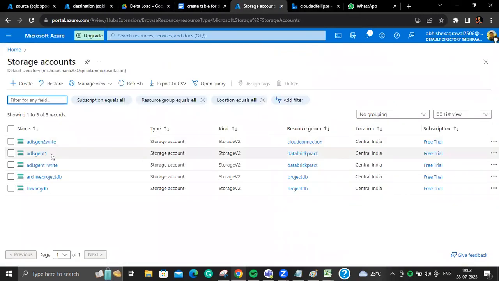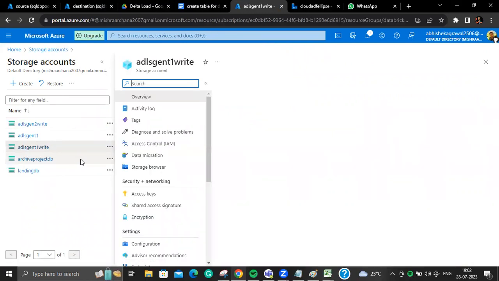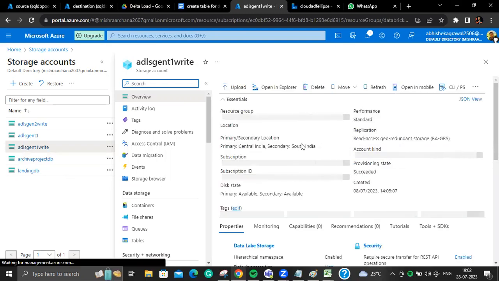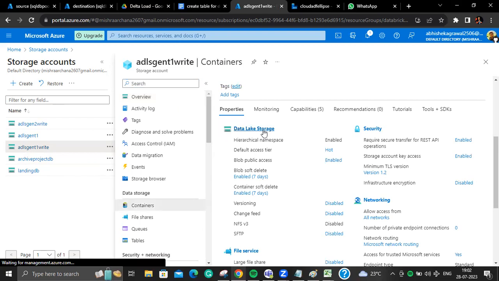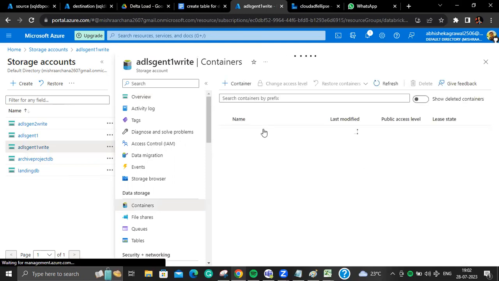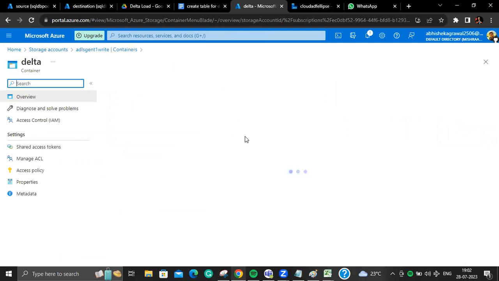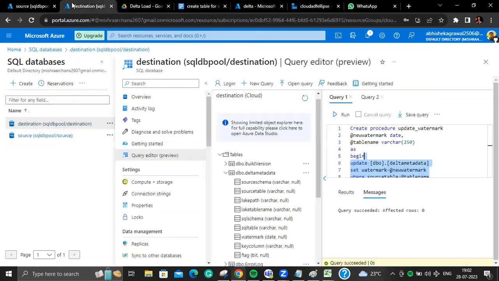Yeah, in this data lake, delta will come with today's date, 28/07. The full data will come, the whole data. And after that,